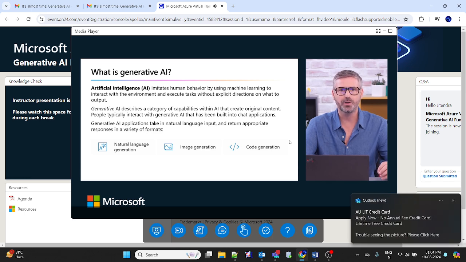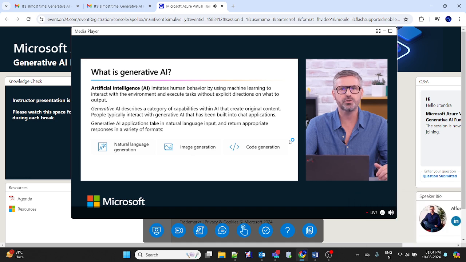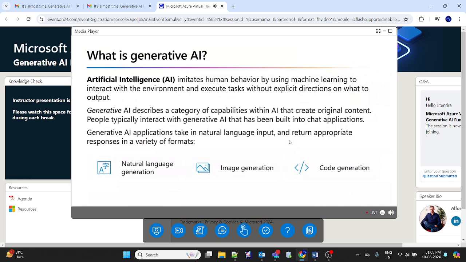Generative AI, the topic we are focusing on in this course, is also a branch of machine learning and uses very complex deep neural networks behind the scenes. This fascinating technology has the capability to create new original content, whether it be in the form of written text, images, or even code, for example. Lately,